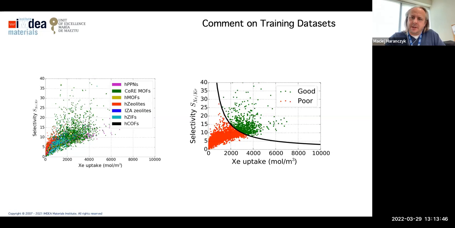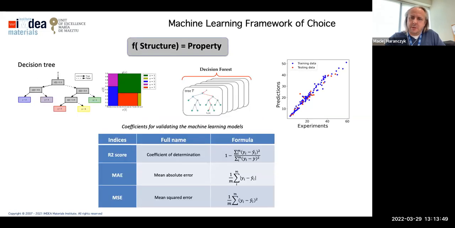So once we have data sets, it's important to choose a machine learning method. In my group, we have had lots of success with decision trees and this family of frameworks. In a decision tree, we basically build a tree that can approximate a function based on values of the argument, and we can do it in multiple dimensions. And what was observed is that this quite simple method works better if we can build an ensemble of those decision trees.